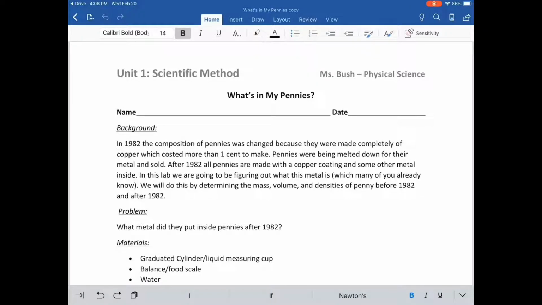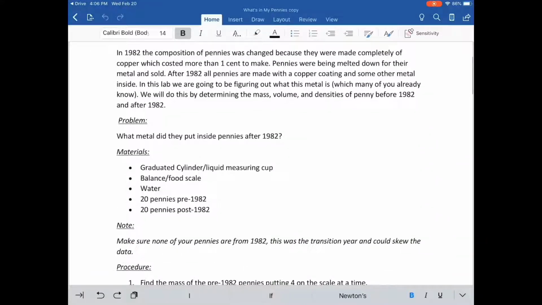So for this video, we're going to be talking about the What's in My Pennies lab. For this lab, you are going to be finding the mass, volume, and density for pennies before 1982 and after 1982. Make sure that none of your pennies are made in 1982, because when they transitioned from fully copper pennies